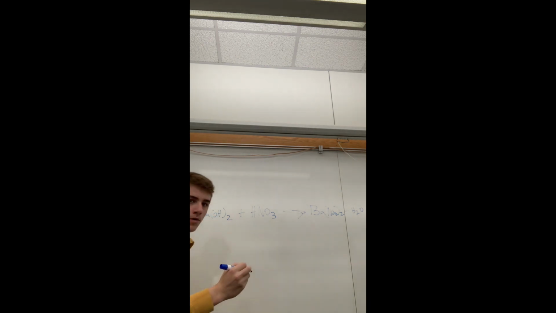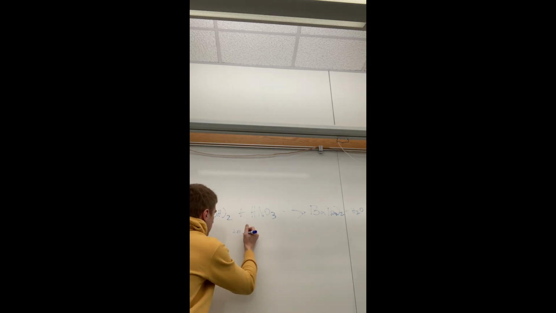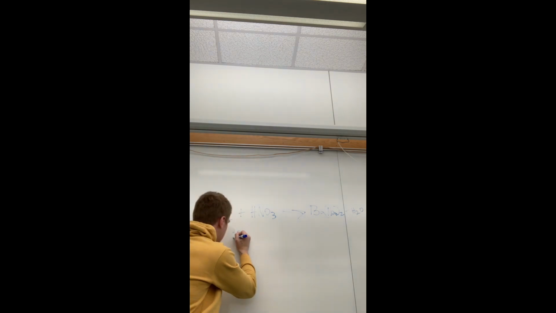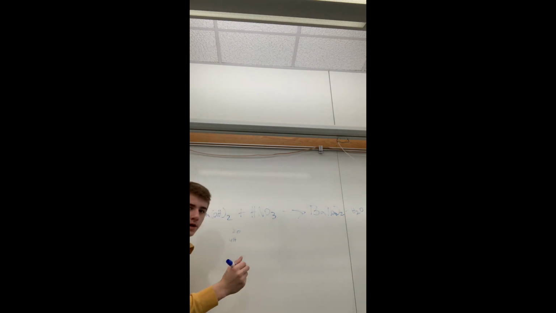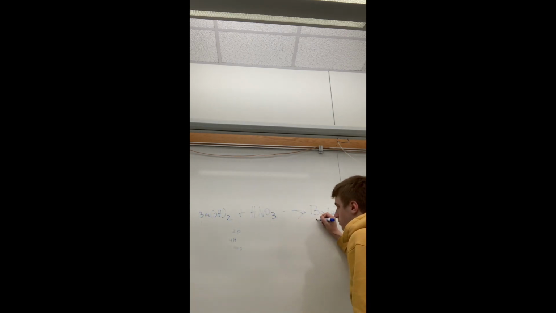So when we look at this right now, we've got one Ba here, 2 oxygen on this side. Over here we're going to have 1, 2 times 2, so it'd be 4 hydrogen. And then we're going to have 2 NO3 here. And then on this side we're going to have 1 Ba. We're going to have 2 oxygen on this side as well. So O2, 2 oxygen. And then to balance this out, we're going to have to put a 2 out in front